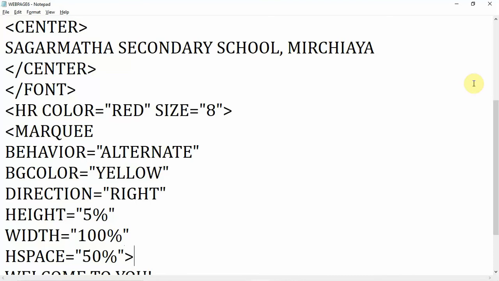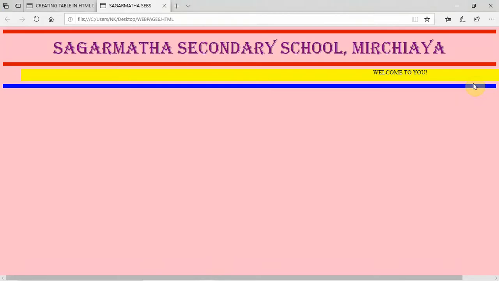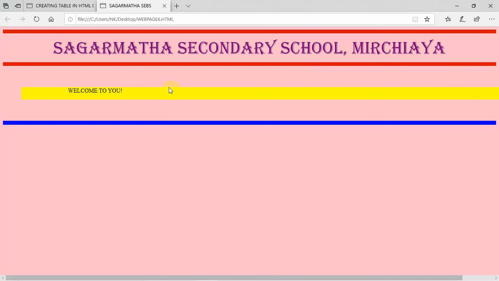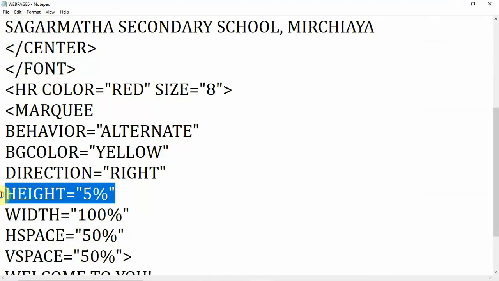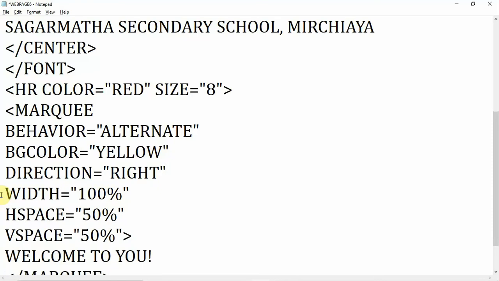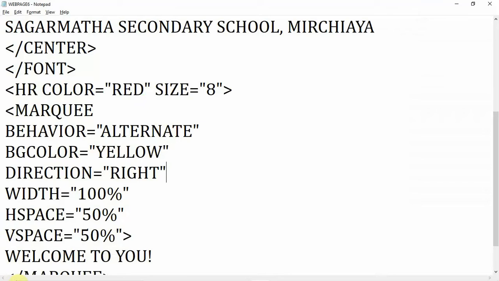Now next is vertical, VSpace equal to, I want to give here also 50%. Now Ctrl+S. Now you can see vertically also it moves, so that if I do not specify height, Ctrl+S. Now you can see it moves when I change the value of HSpace.